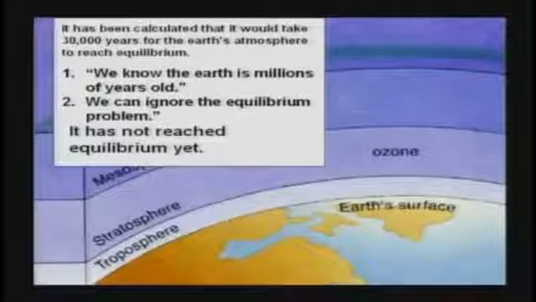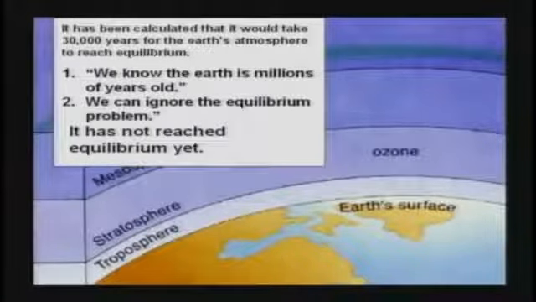And they determined it would take about 30,000 years to reach equilibrium. I'm not sure how they did all that. You could probably see some of the rate scientists and figured it out. But then they made two mistakes, in my totally unbiased opinion. They said, number one, we know the Earth is millions of years old. Mistake number one. Number two, they said we can ignore the equilibrium problem because we would have passed that point